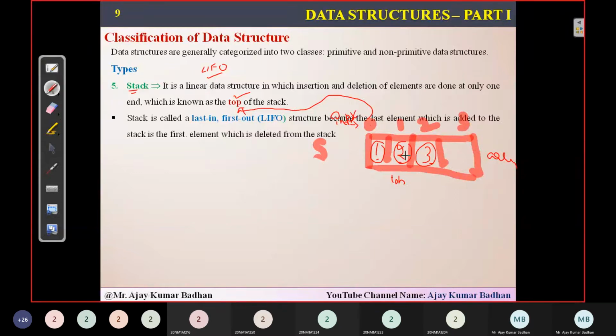And later on, what happened? You want to insert the third element. Again, the top value will be incremented here. So we'll add here. So top will be equal to 2. So you are inserting it. Once it is inserted, then top will be representing here. So top is equal to 3. So if a new element comes, it will be inserted here. Now the top will become equal to 4. So this top variable is acting as an index.